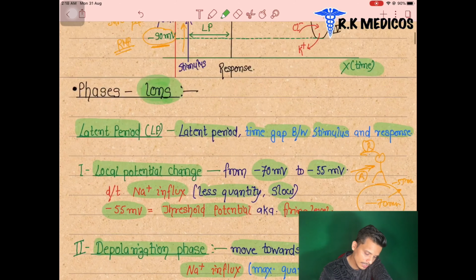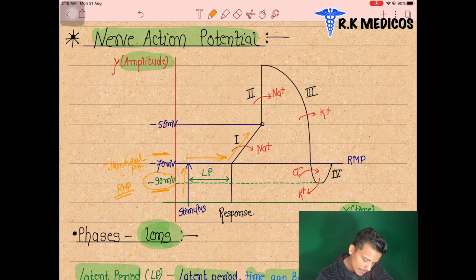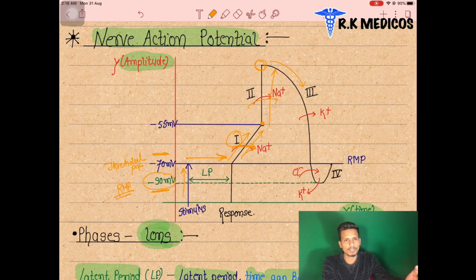Next, in this graph, in the first phase the sodium is coming in a very small amount, and the cell goes slightly above, the amplitude increases. After attaining the firing level, the cell automatically goes very fast upward, because sodium is again coming inside the cell. After attaining that level, the cell is moving downward. It means positive charges are going out. What charges are going out here? That is the potassium charges moving out,